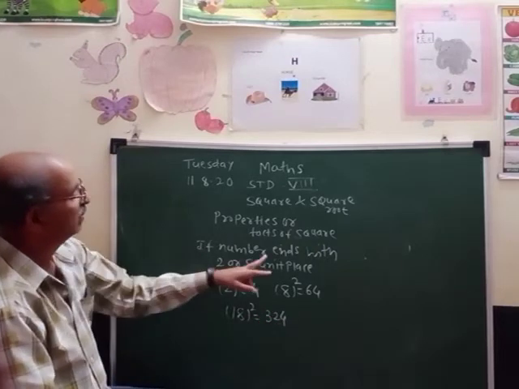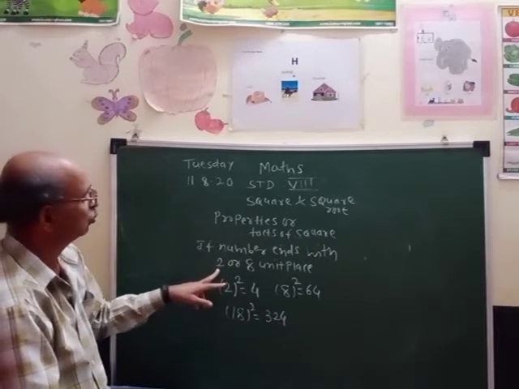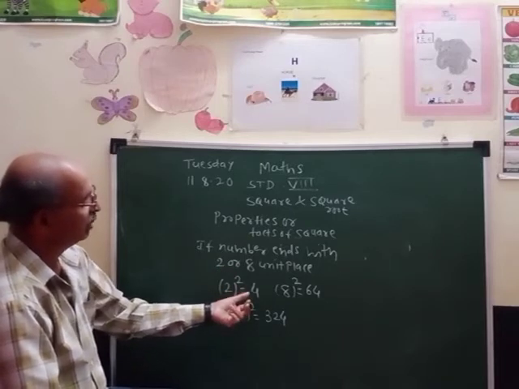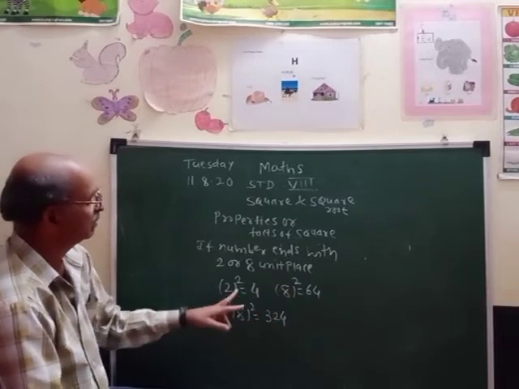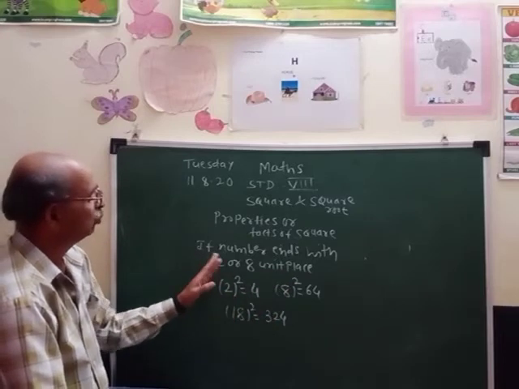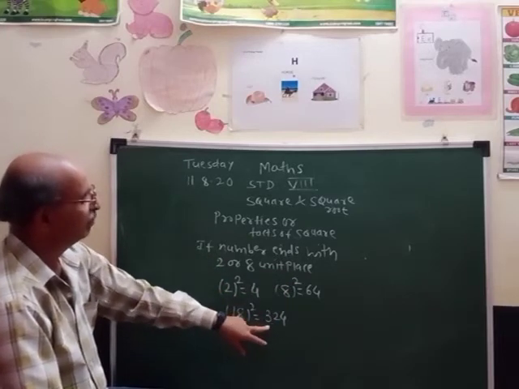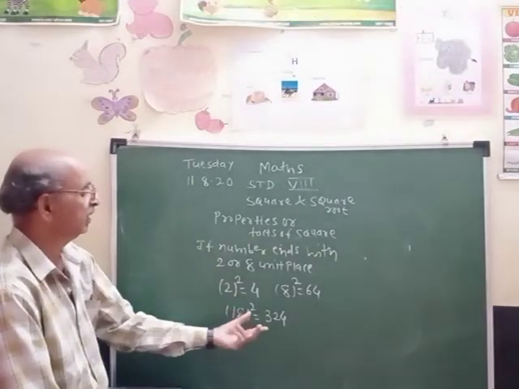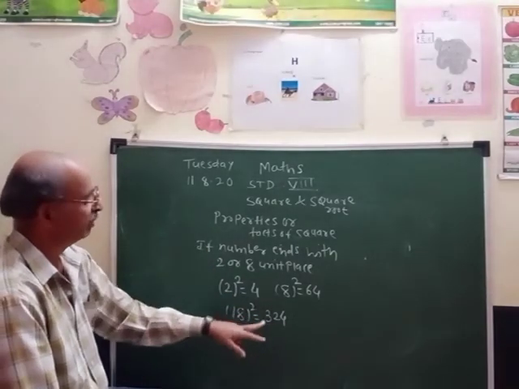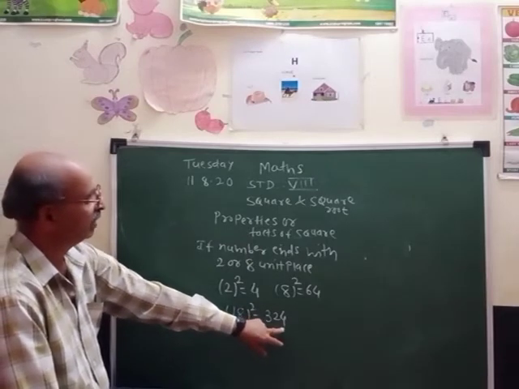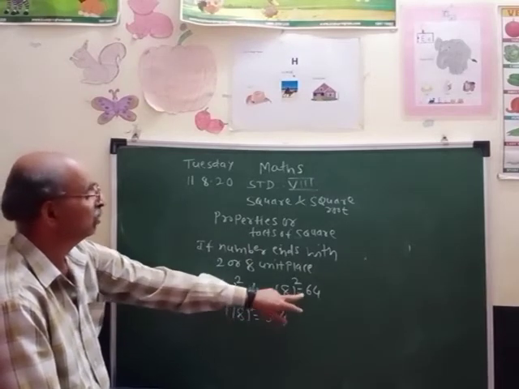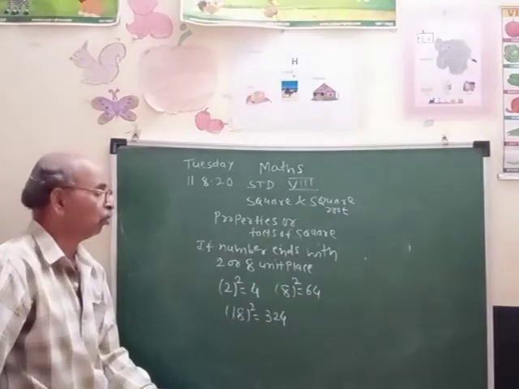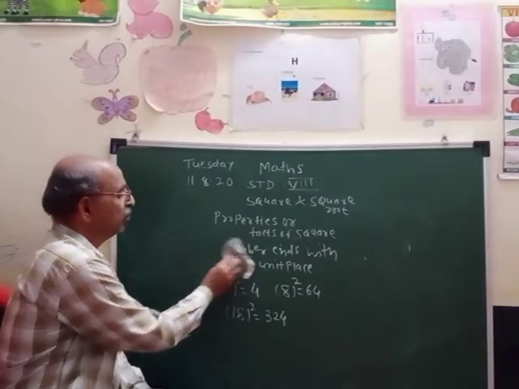So when we make the square of numbers which end in 2 or 8, the unit place is 4 only. Means when a number ends with 2 or 8, the square number ends with 4. So we say 324 is a perfect square because its unit place is 4. 64 is a perfect square because its unit place is 4. Now, the next property is